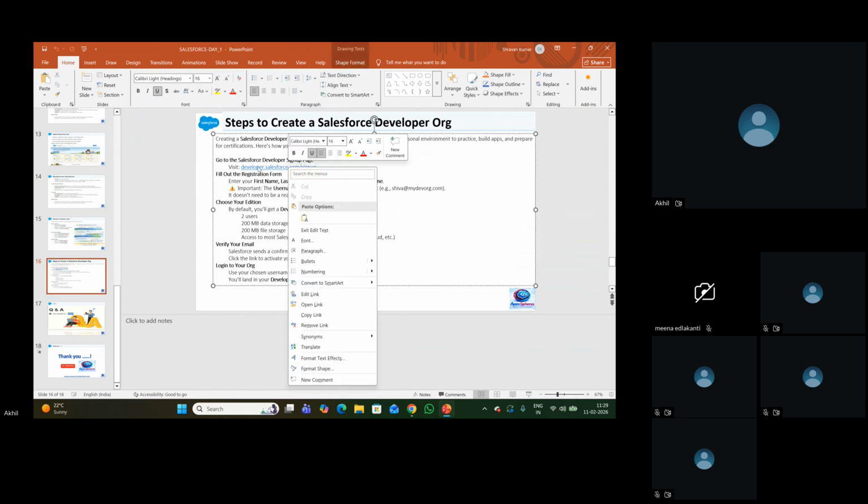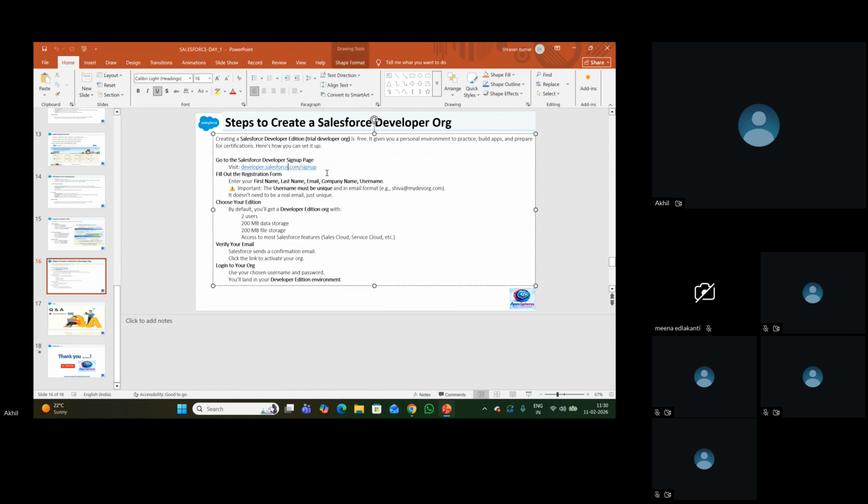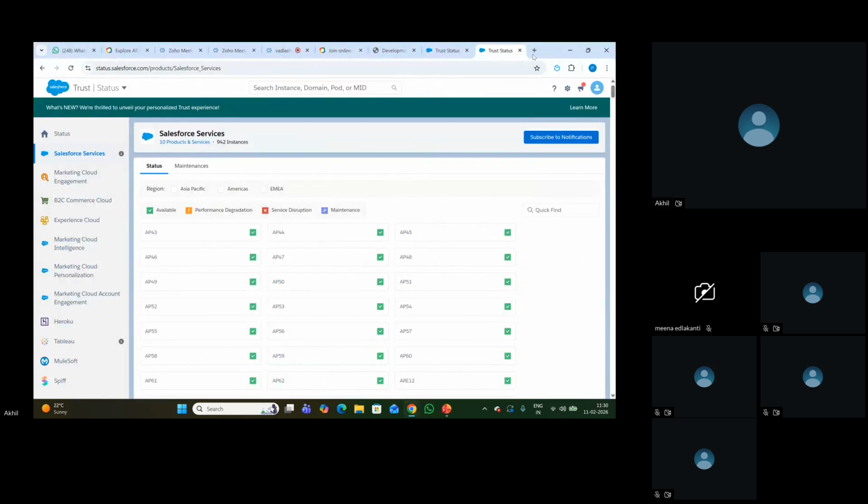I'll paste this link in the developer org. I want you guys to create the developer org tomorrow. Just fill in the basic details and create the org. From tomorrow, we'll directly go into the developer orgs.